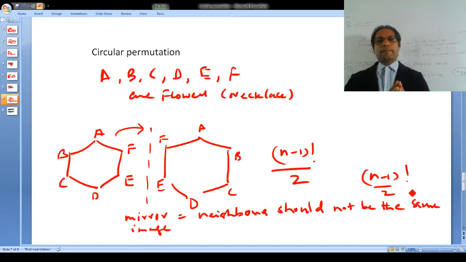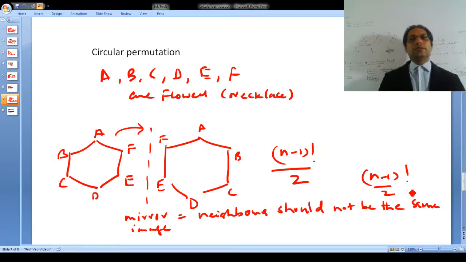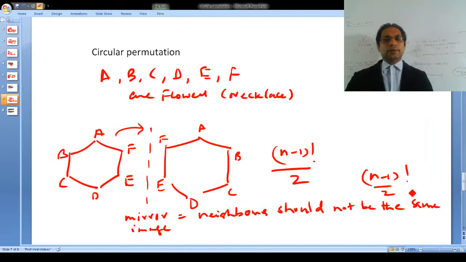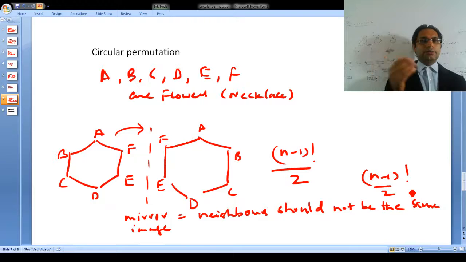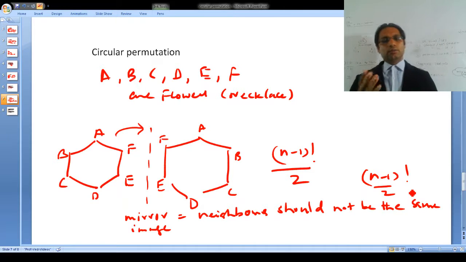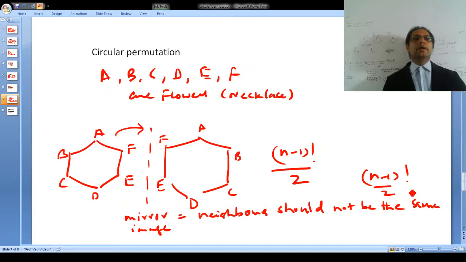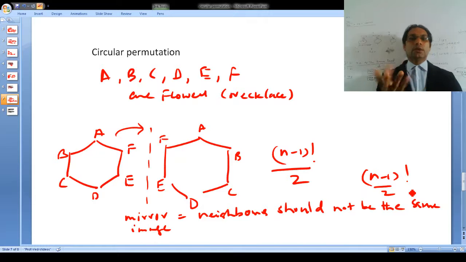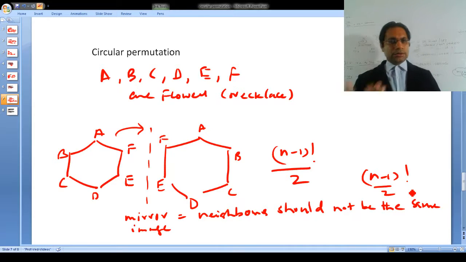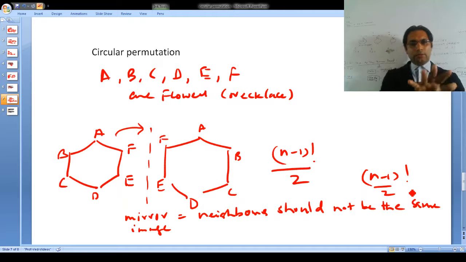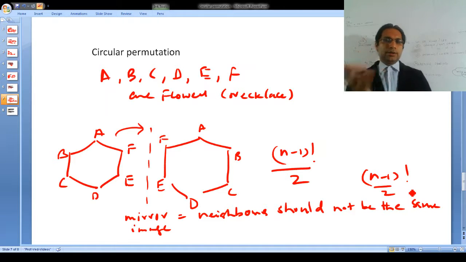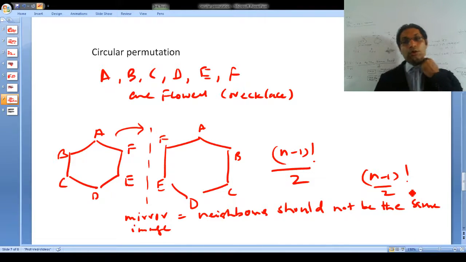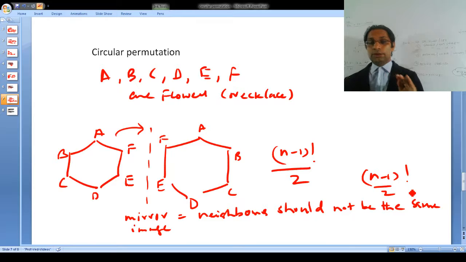If you take n unique things and you are able to arrange them, and you have to take all the n things from n things, then nPn is the answer, n factorial. In circular permutation, n minus 1 factorial is the answer. In the case of necklaces, n minus 1 factorial by 2 is the answer, because the mirror image is actually the repetition. Same necklace, if I just put it like this, two cases are being covered, so those two cases should be counted only one time. That is why for a necklace it is n minus 1 factorial by 2.